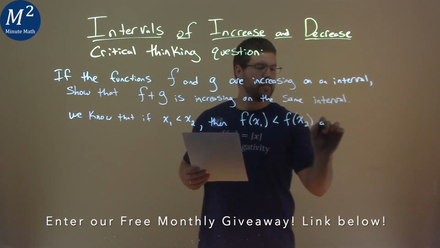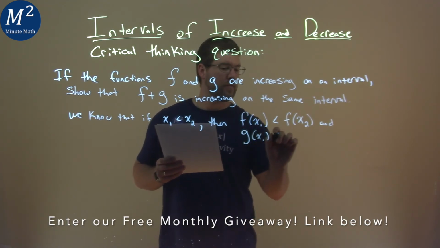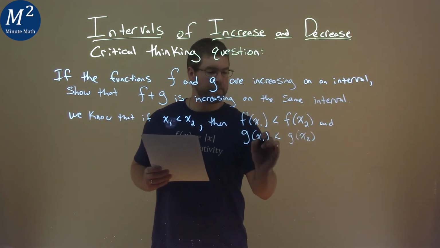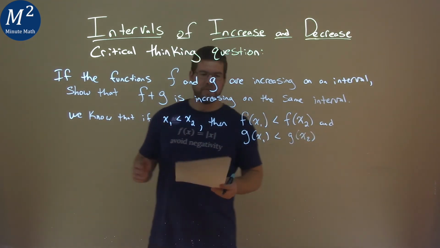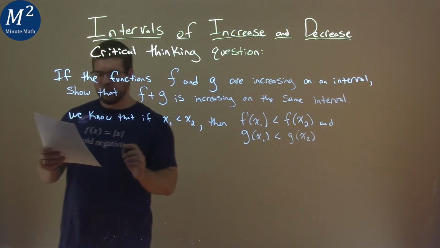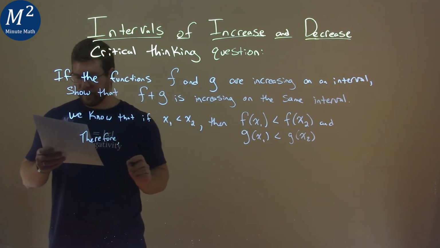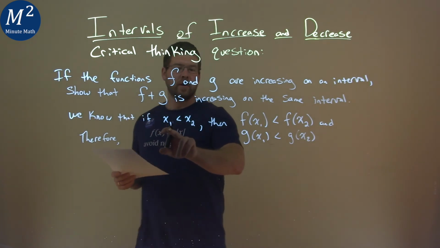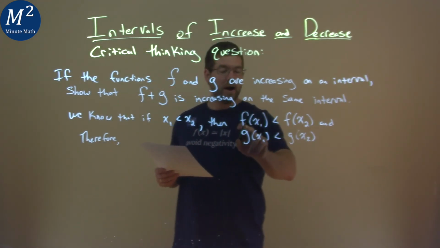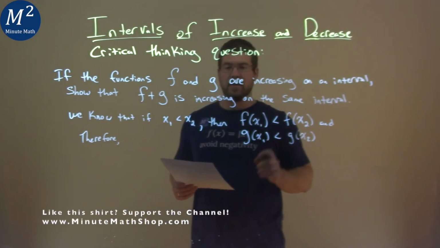And I'll say it as well here, g of x1 is also less than g of x2 because they told us our functions were increasing on some interval. And we're saying the interval is from x1 to x2, let's say. So then if that happens, therefore, we can state that if x1 is less than x2, then f of x1 is less than f of x2, and g of x1 is less than g of x2, then